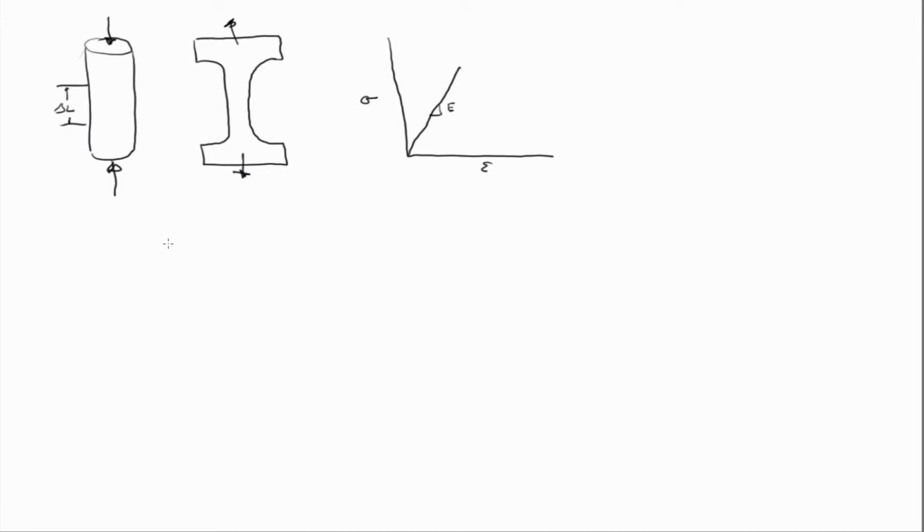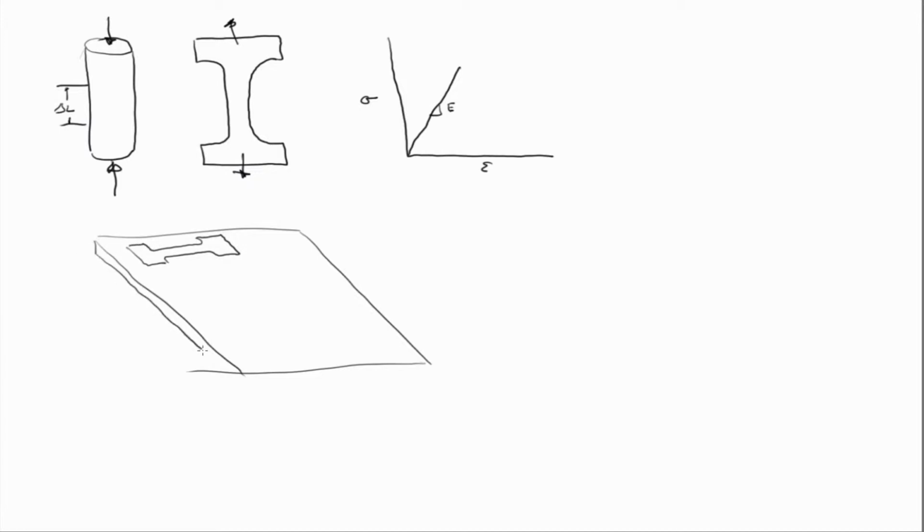And so say we're talking about a metal for a second. If we have a large plate, let's say rolled steel or something, and we were to cut these dog bone samples from the plate at a bunch of different orientations, like this, and conduct this tensile test every time, then you'd have a Young's modulus corresponding to every direction that you cut it from, and that would allow you, if you did enough of them, to populate the entire